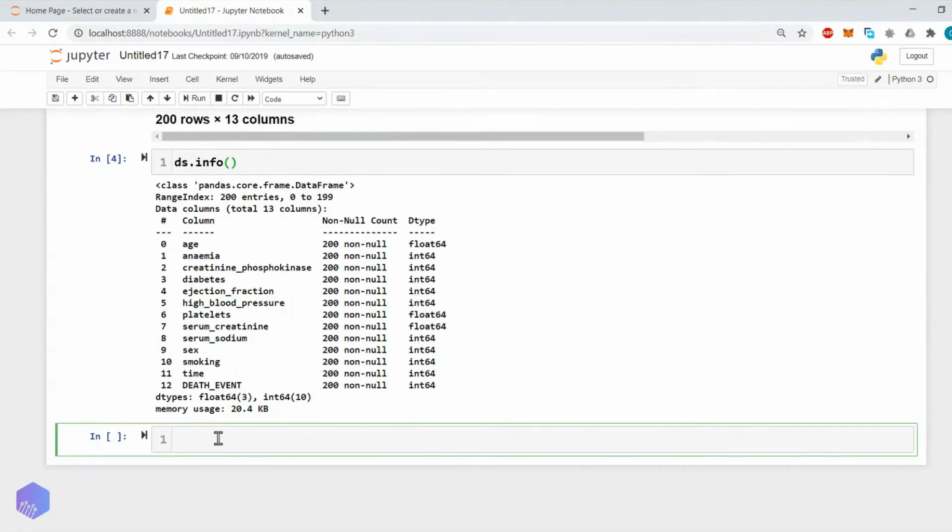Let's create another variable, ds2, dataset2. Here we will specify the data type, that is, for this column we will use this data type.